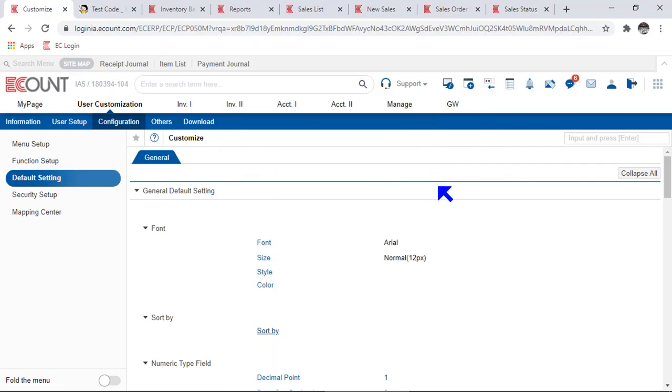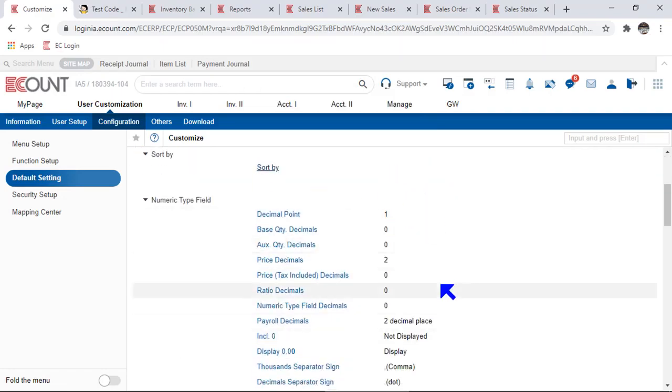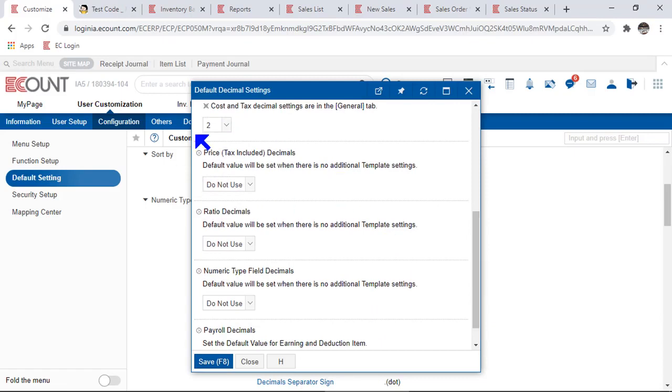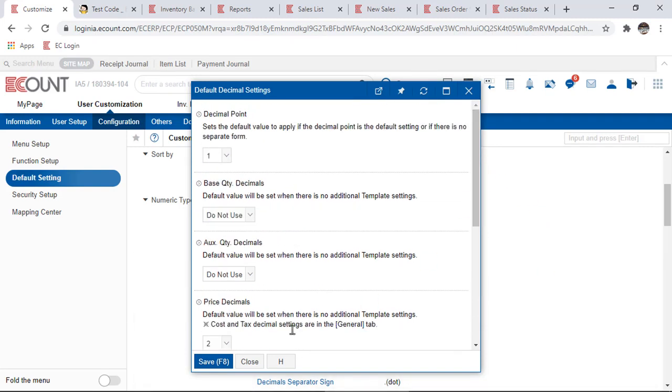And moving on, you can set the number format of numeric type fields. Click a field, and then you can set the default decimal places for each numeric type field, such as amount, base quantity, auxiliary quantity, inventory price, tax included price, and percentage, numeric type fields, and payroll amount. And once you have set the default decimal places here for each field,